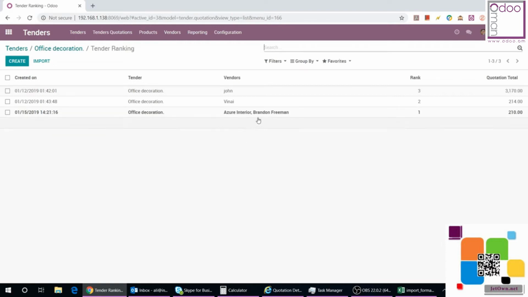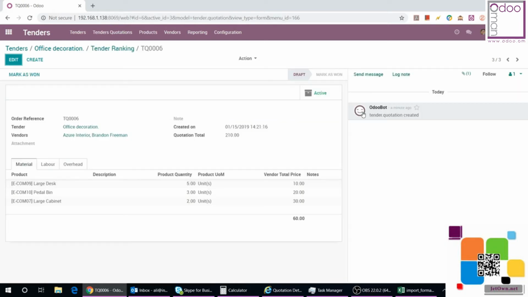If I click on the rank, we can see Brandon from Azure Interior taking rank number 1 in bold, as opposed to the 214 earlier that was number 1, if you remember. So now if I click it, I will see all the prices, 10, 20, and 30, and then I can see 40 and 50, and then 60 for the overhead. Everything is logged here, and